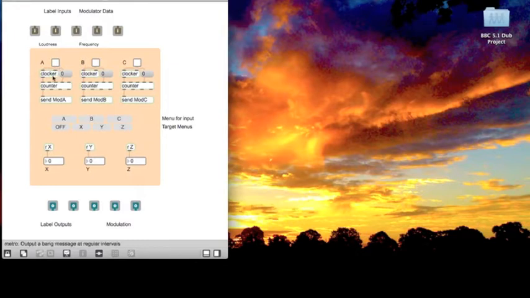I've just used this simple counting system here. So if we turn this on, for example, I can send A, and I can send it to any one of these, which in the end will be my video control. So if I send that to Y, you can see it's just counting there. Or I can send it to X and it's going to come out of this one, or I can turn it off. So if we just zero those,